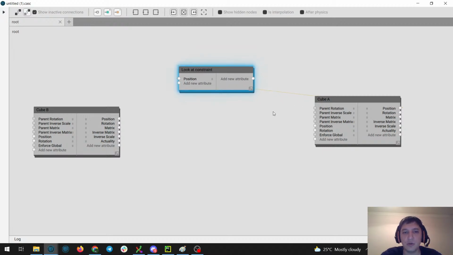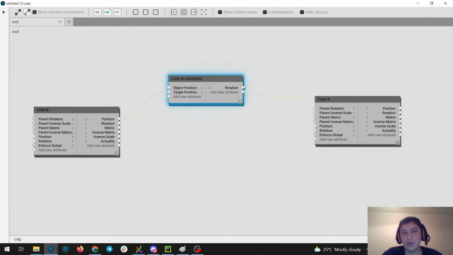But I still need the position of cube A, and what I will output is the rotation of cube A. So, and I'll call cube A object, because that's the object we will control. And also I wanted to face into the direction of cube B, and so I'll call it target. So I have a target position, I have object position, and then I have this rotation as an output,